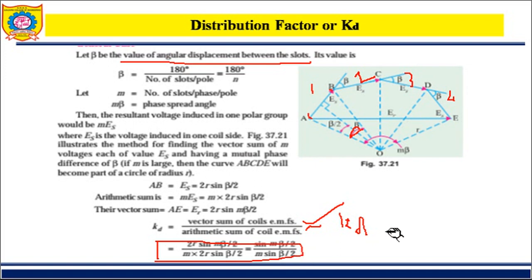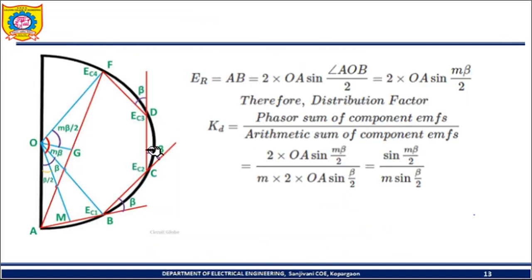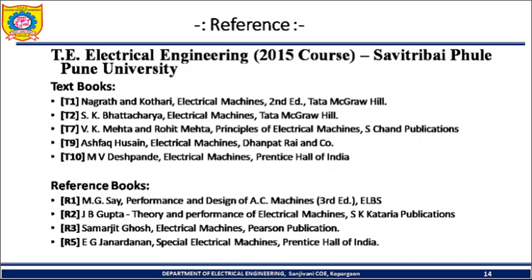See this change. These two formulas, Kc and Kd, are very important while solving problems. You can clearly see the relationship in this figure, and you can see the formula also. So these are the basic details of the winding required to understand the synchronous generator or synchronous motor and its related syllabus. I have collected this material from these references. If anybody wants to go into more detail, you can refer to any one of these books. Thank you.